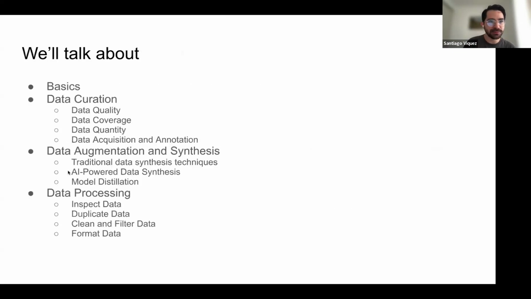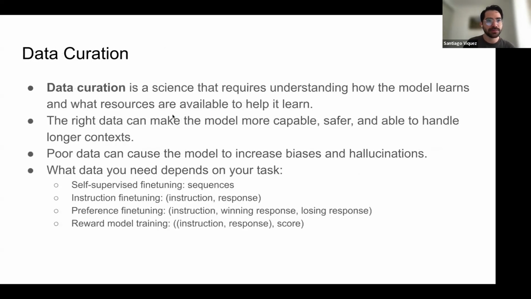So, as I said, we'll discuss dataset creation, data augmentation, and data processing. So let's start with data creation. Creation is a science that requires understanding how the model learns and what resources are available to help it learn.